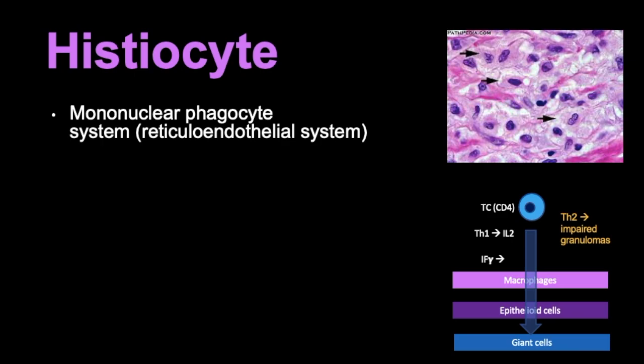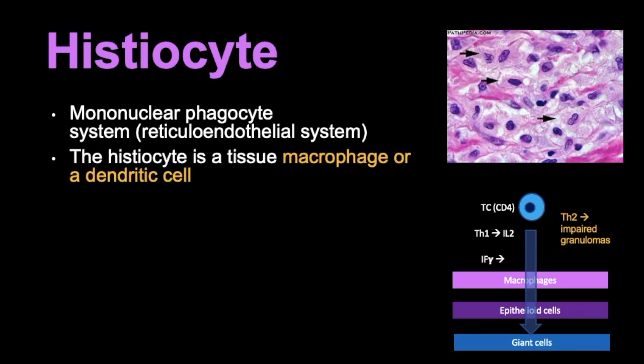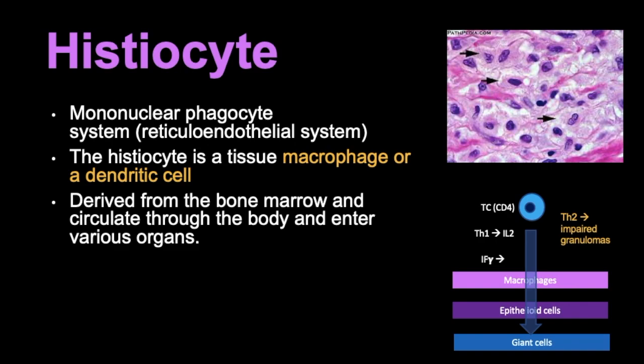This is the reticuloendothelial system, and usually those are the tissue macrophages and or dendritic cells. And usually they are born in the bone marrow, and then they go through their life cycle, and they migrate to certain body areas, and they enter those organs, and they become